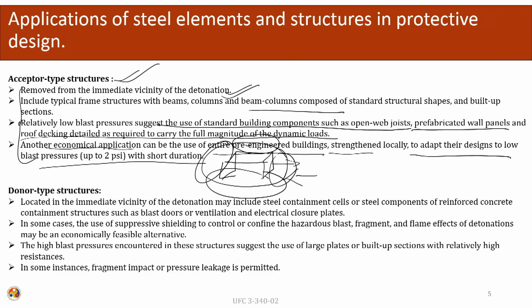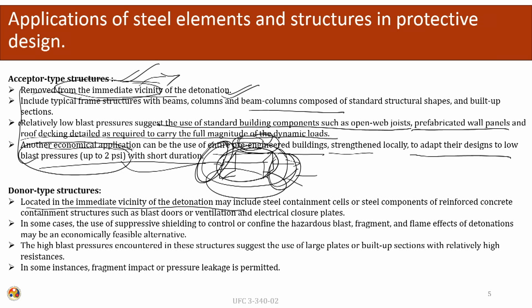So, the entire base structure, the middle structure, is an acceptor type of structure which can only withstand low blast pressure, but the exterior elements are reinforced, using soil or other hardened materials, so that it can take more intensity of blast loading. So, there are other types of structures called the donor type of structures. They are located in the immediate vicinity of the detonation. The acceptor type of structures are not located in the immediate vicinity of the detonation, and hence the blast carrying capacity of these structures is low.